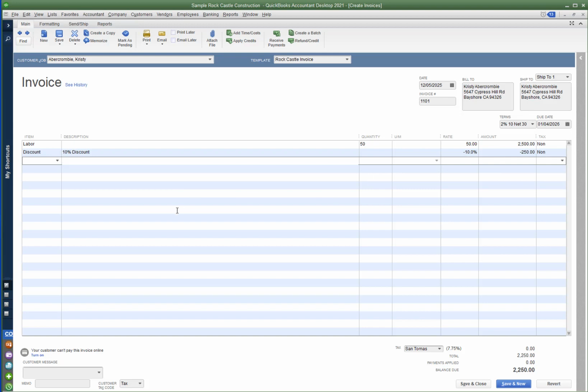Okay, so I could save Christy Abercrombie's invoice just like that, and the amount due would be the $2,250. And if she got either a copy of this by email or printed, she would see that she was getting that line, that discount there. Well, one limitation of the discount item is that if I have several items on the invoice,